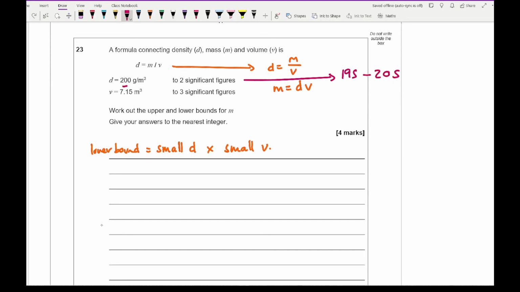V has been rounded to the nearest hundredth, so that's going to be 7.145 and 7.155. So small d is 195 and small v is 7.145, and that gives me an answer of